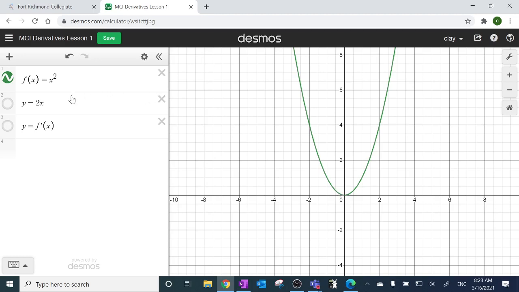And then, of course, you can realize that everything to the left of 0 has a negative slope. Everything to the right of 0 has a positive slope. And that makes sense when you look at the line. Right? And if you're ever not sure if you have the right line, I pointed out yesterday,